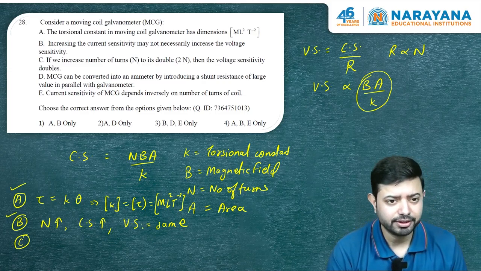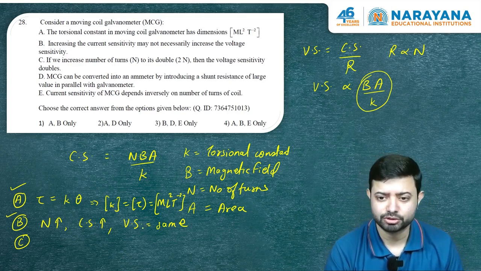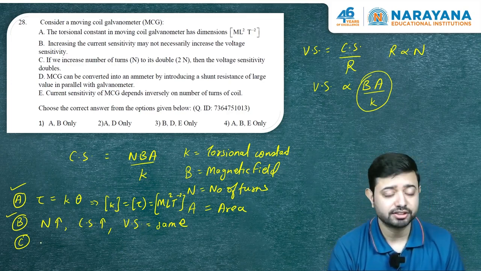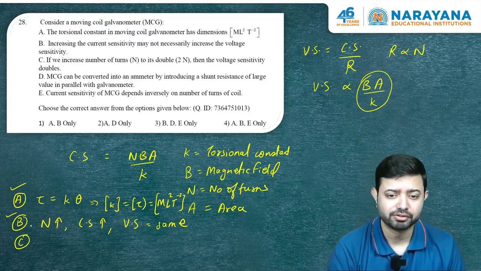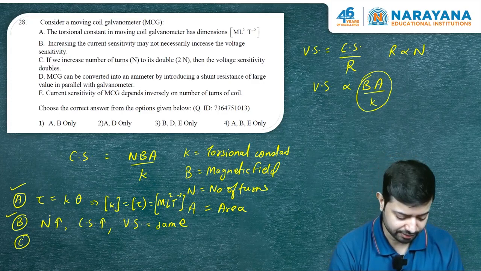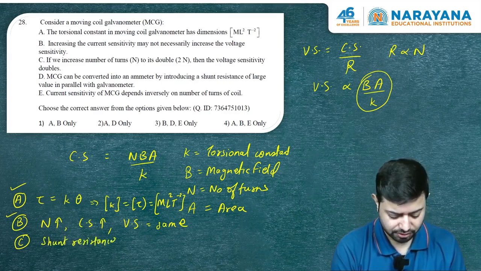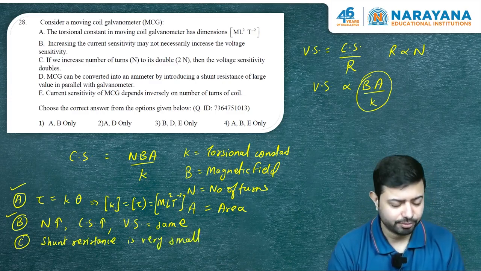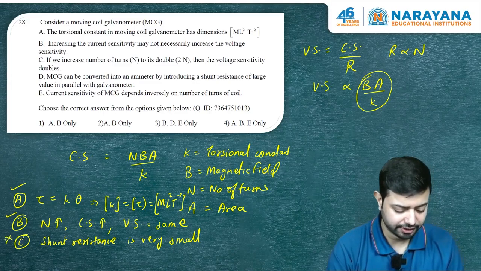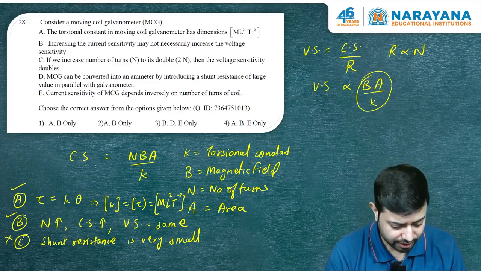I hope everybody knows that it is a common conceptual question, that we put shunt resistance to be very small value, so that most of the current can bypass it, right. So, the shunt resistance is very small here. Okay. So, what happens then? This option will not be in the correct category. Okay. Next one, look at the D,